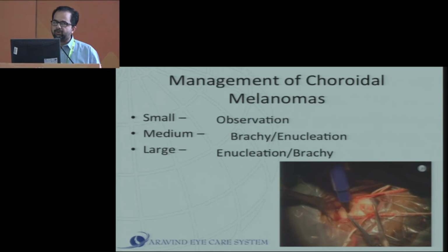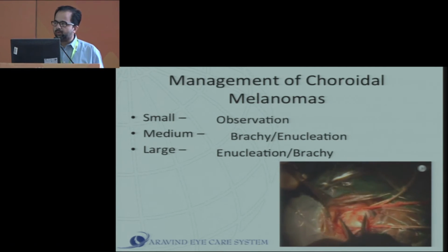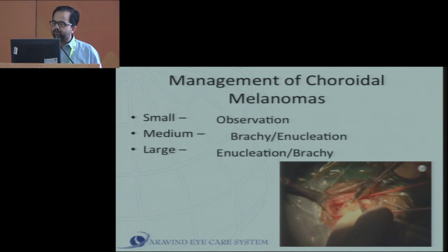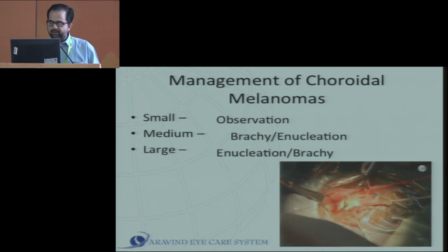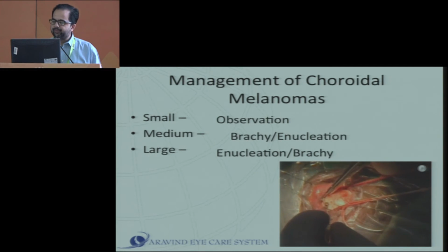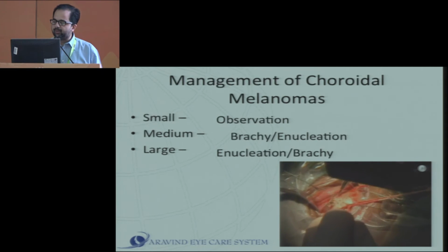This is given by the software, or you can do it like a simple, what you do in a buckle surgery: you localize the break, you localize the edges of the tumor, and you mark it, and you put the sutures. And these are partial thickness, making sure you don't rupture the sclera. And this is a dummy plaque, or the cold plaque, which has been placed here. And after securing the sutures and putting temporary knots,